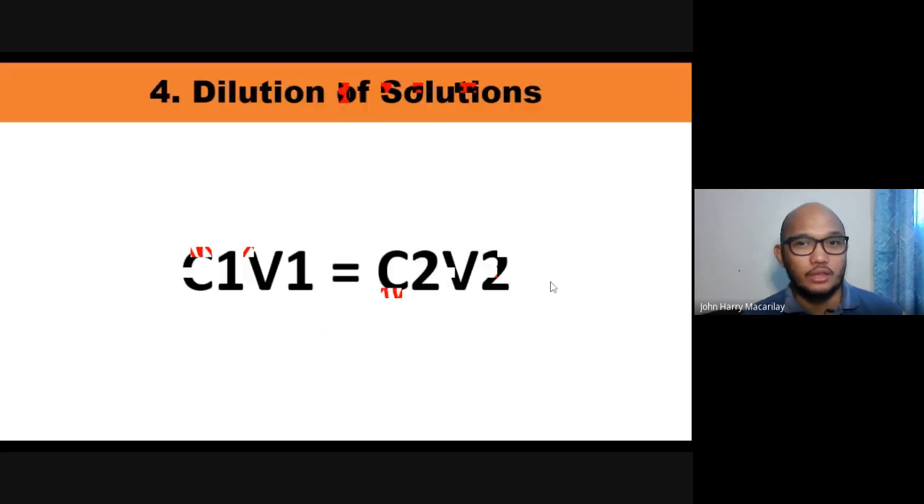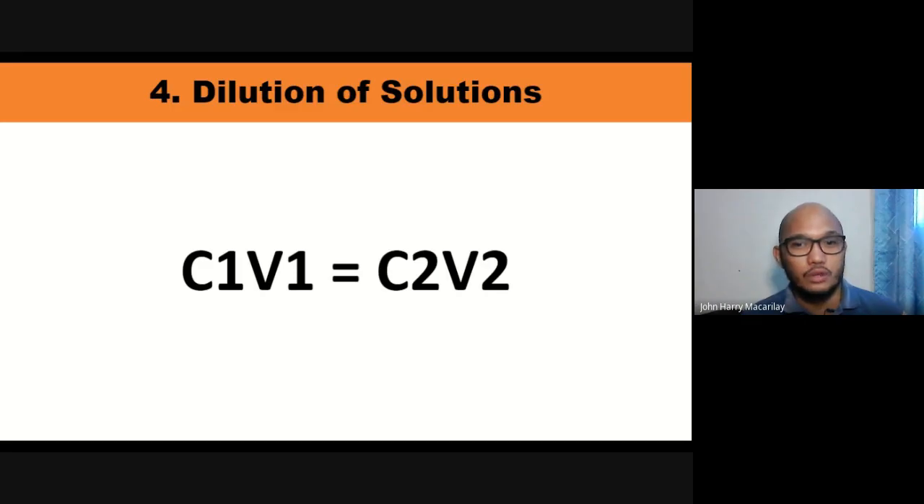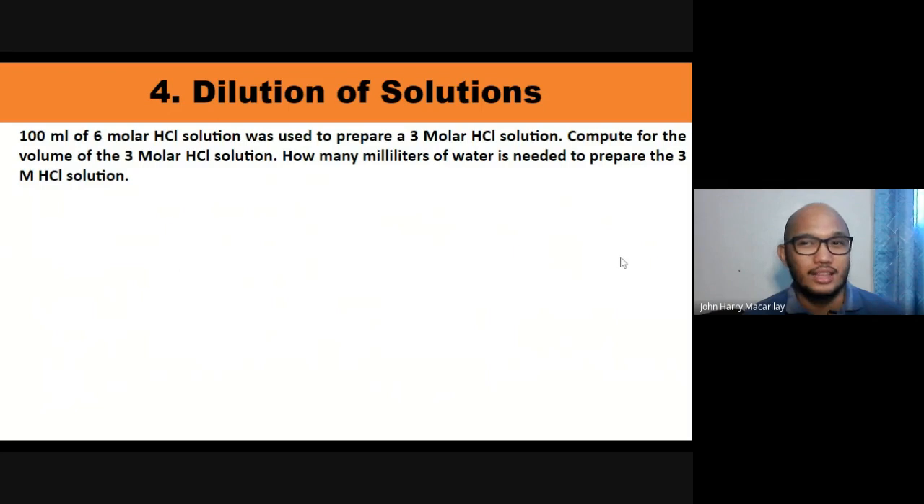Next, or the last part of the discussion, will be dilution of solutions. I think this was introduced in our pharmaceutical calculation before. So this is your C1V1 equals C2V2. This is an inverse proportion. It means if one part increases, the other part decreases. For example, if the volume will increase, the concentration will decrease. Okay? So let's have an example so that you can remember or understand the principle behind dilution of solution